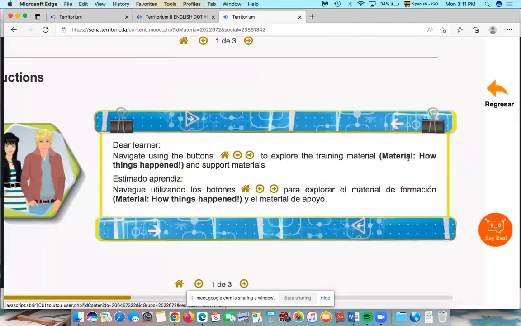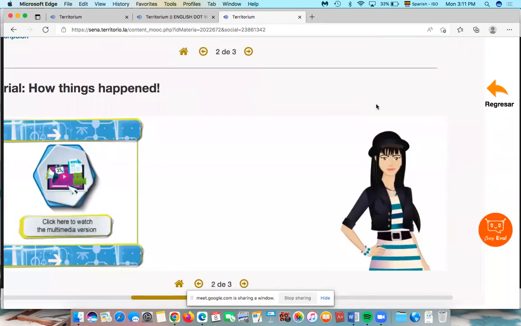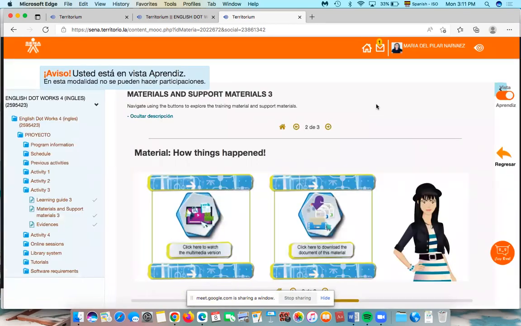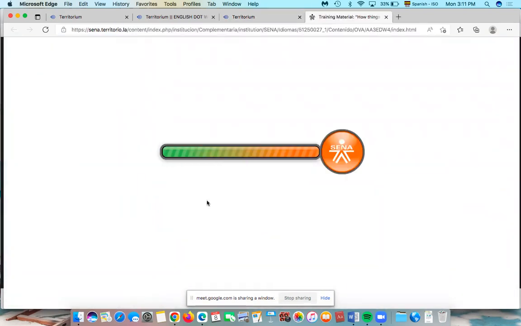The title for this unit is How Things Happened. So we're going to focus again on past events on this unit. And you can see here two links, one that is the multimedia version and the other one that is the downloadable version, okay? When you click on the multimedia version,